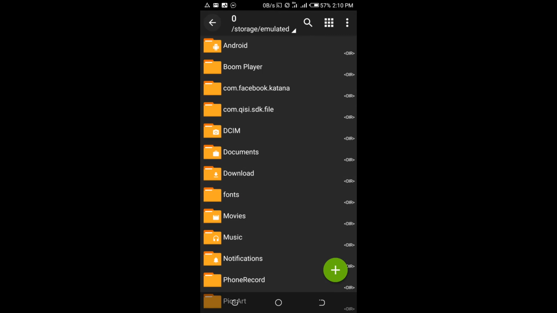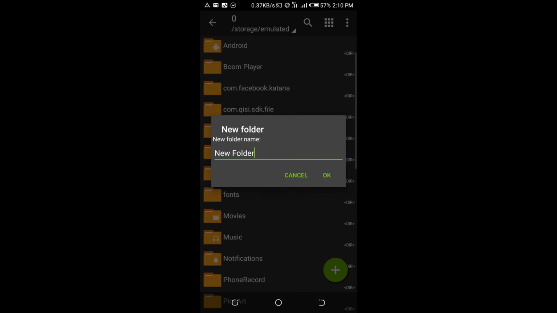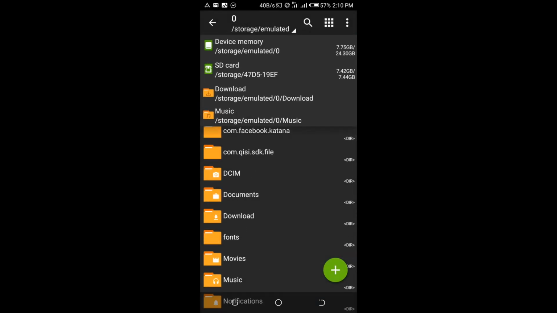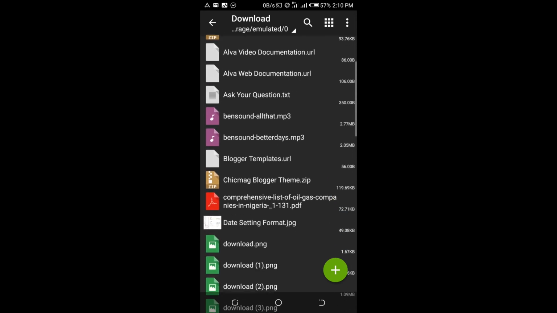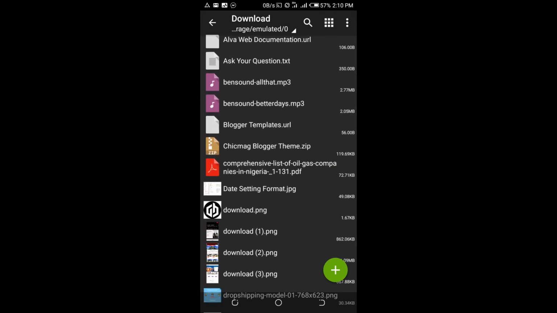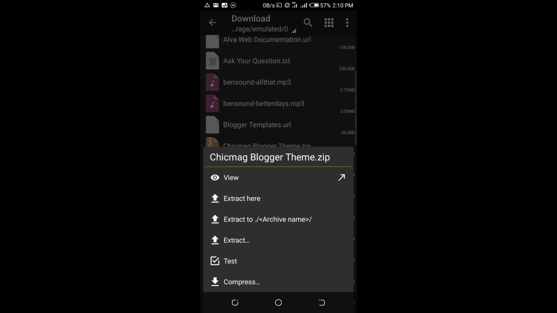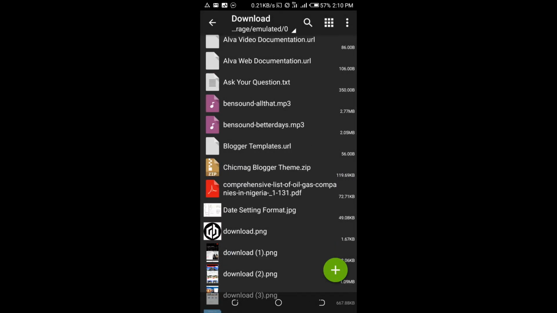Okay. I click on this plus. Let me go back to download. Let me search for the template. Okay, this is it. Can you see Chipmunk blogger theme? Now you click on it. What do you want to do? Do you want to view? Do you want to extract? Do you want to test? Do you want to compress? I want to extract. So you just click on extract here so that it can be inside the download